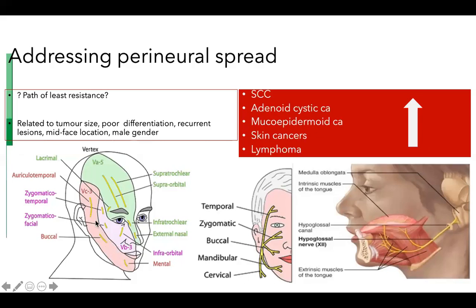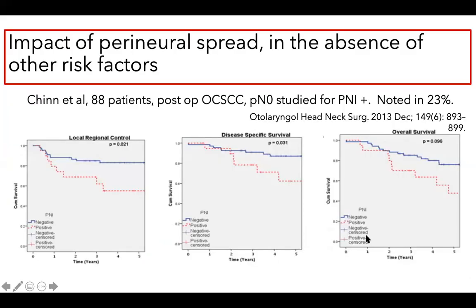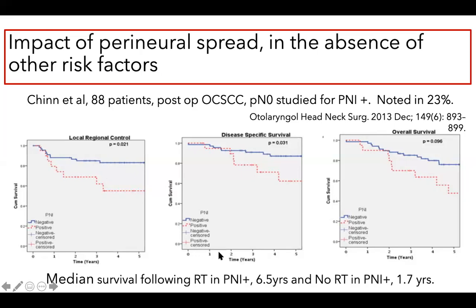One important point I'd like you to note here is the auriculotemporal nerve and how its distribution actually takes us superiorly. The other thing, of course, that is very important when we are treating anyone who has involvement of the upper part of the skin is the fact that the infraorbital nerve is going to be at risk. The facial nerve is also something that we need to be aware of. Why is it important for us as radiation oncologists to be aware of this? We need to be aware of this because there is an impact on the locoregional control of perineural spread that can actually be improved by the addition of radiation.